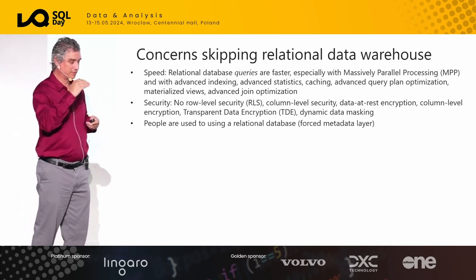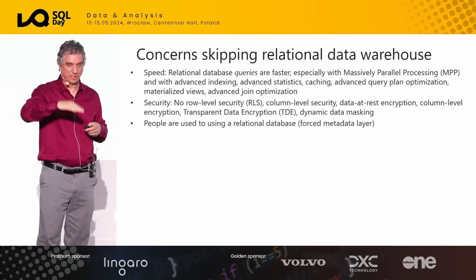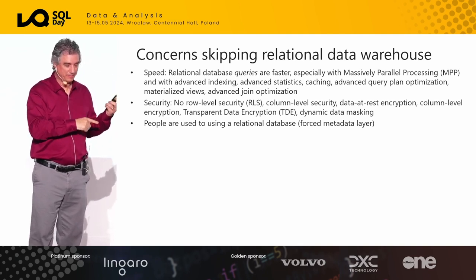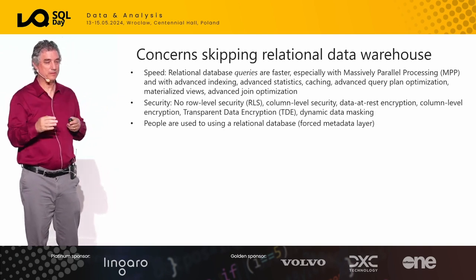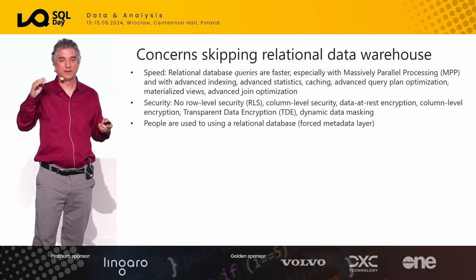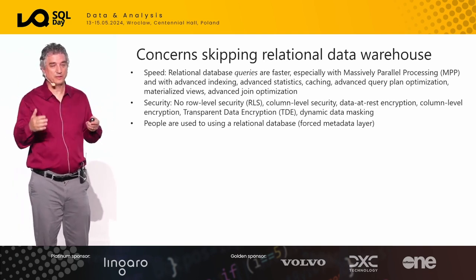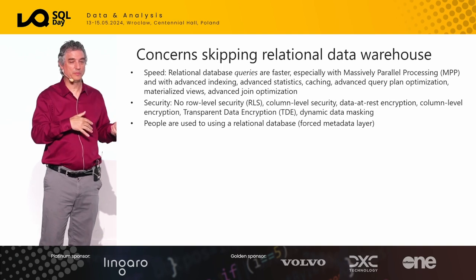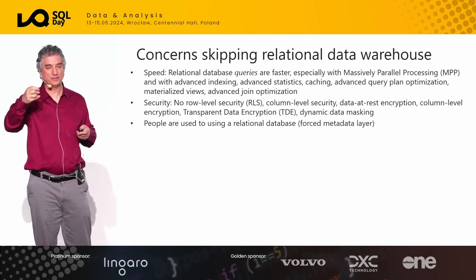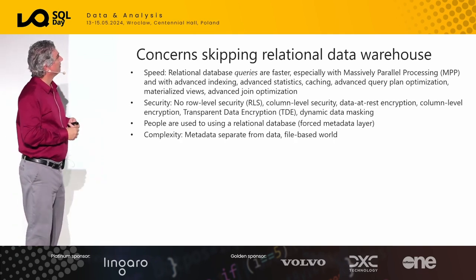There's a forced metadata layer. If you think of a relational data warehouse, you have to have the metadata. You have to have the tables and database field schemas defined, and then the data. In a data lake, or even Delta format, where is the metadata? In my data lake, I can have a CSV file, and maybe the header is the metadata, or maybe there is no metadata, or maybe it's separate. You're not forcing it. So that could be a big problem. So you have to have best practices of putting the metadata with the data, or else the end user is going to be like, I have no idea what this data is.